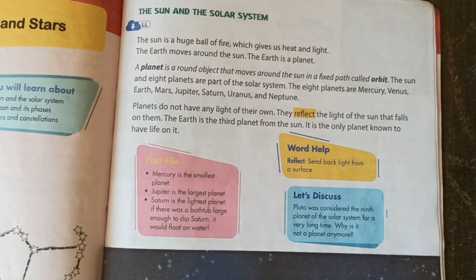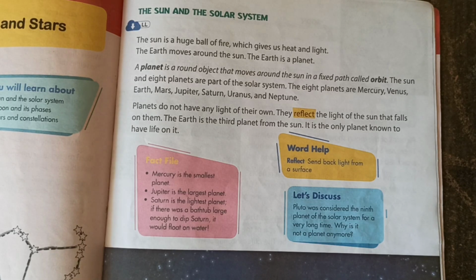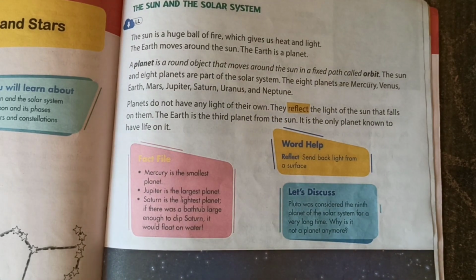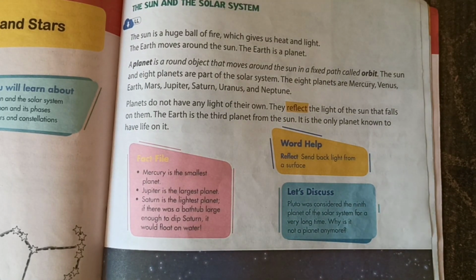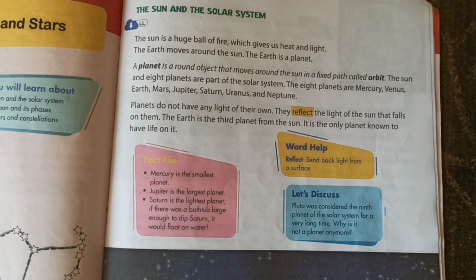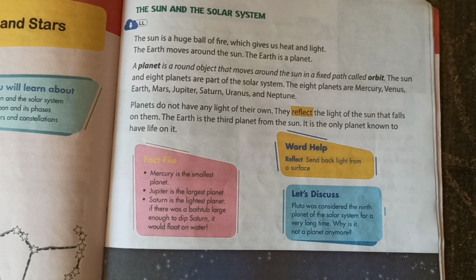The sun and 8 planets are part of the solar system. The 8 planets are Mercury, Venus, Earth, Mars, Jupiter, Saturn, Uranus and Neptune. Planets do not have any light of their own. Then who gives light to them? Sun. Okay. They reflect the light of the sun that falls on them. The Earth is the third planet from the sun. It is the only planet known to